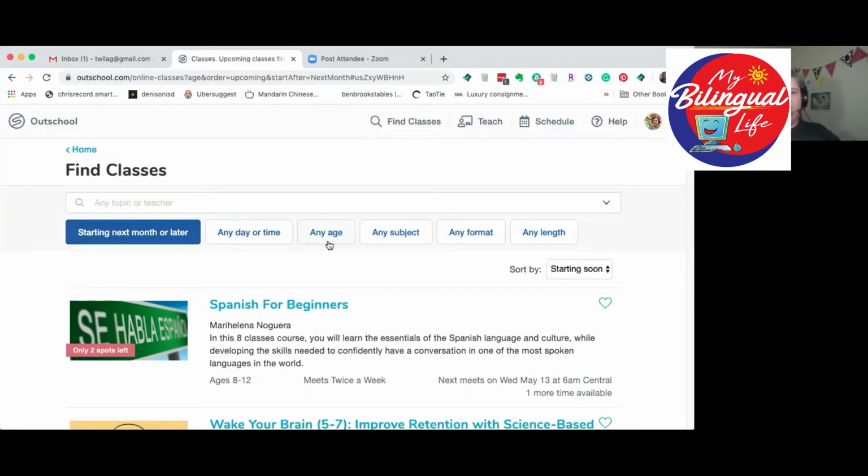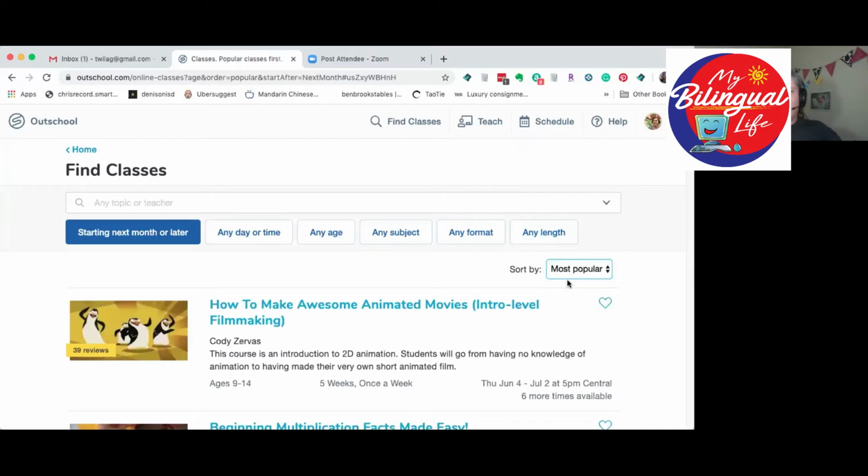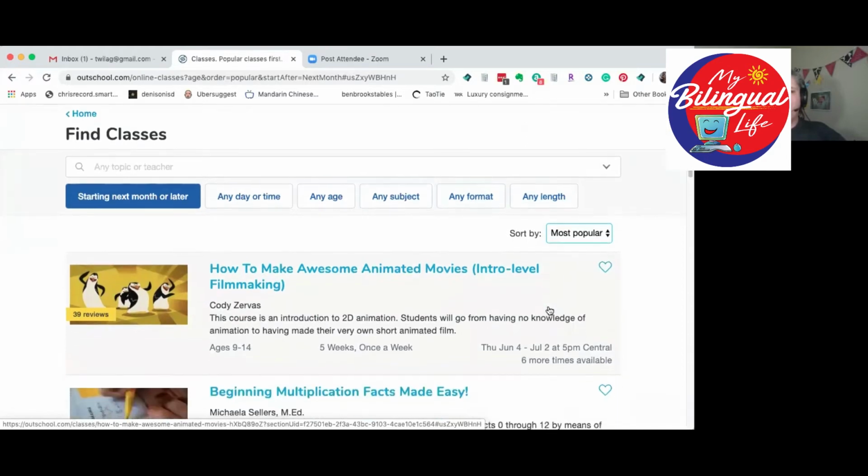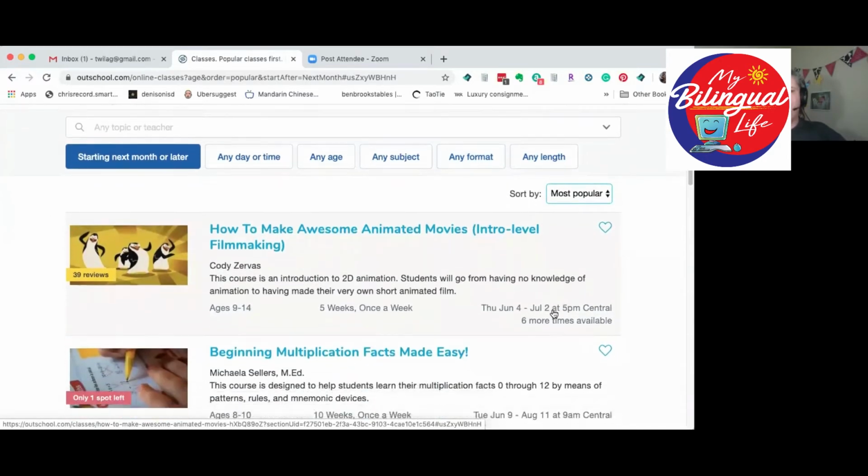You can also narrow down to an age or a subject or a format if you'd like. Right now, I'm just looking for ideas, so I'm not even going to think about that right now. However, I do suggest that you change this to most popular. And this will give you an idea of the classes that are being booked most often. So then we can scroll through here and just see some of the classes that are most popular right now